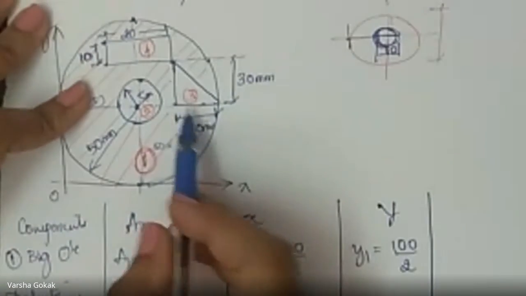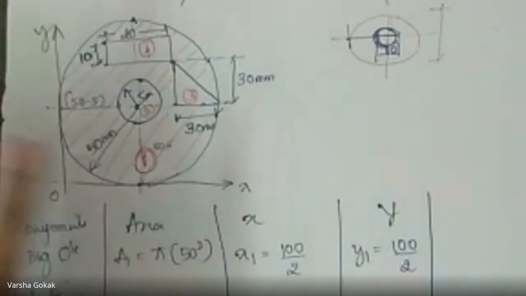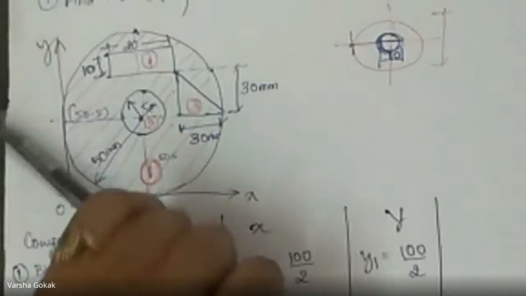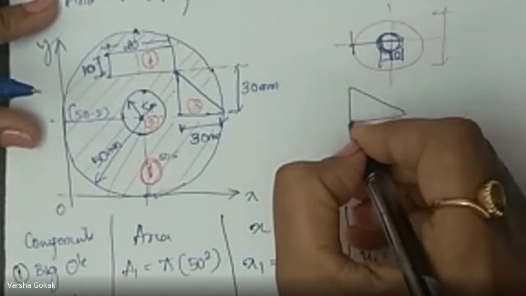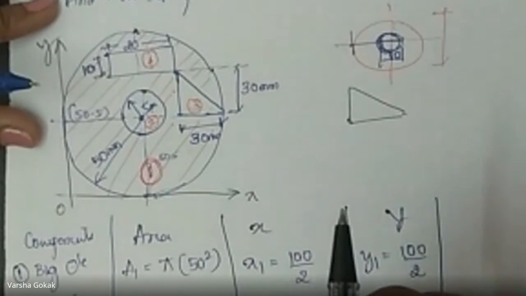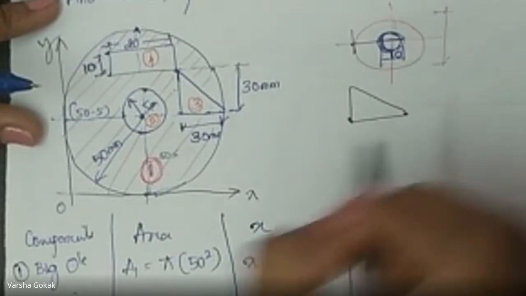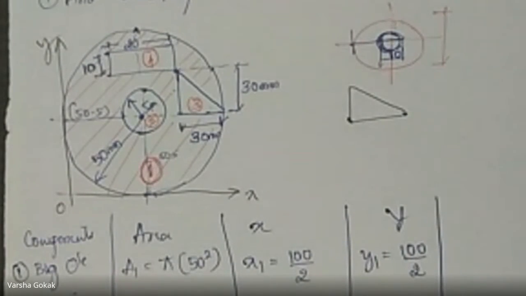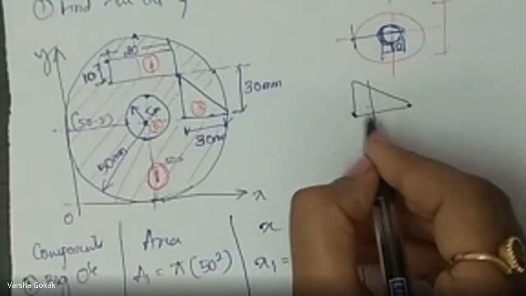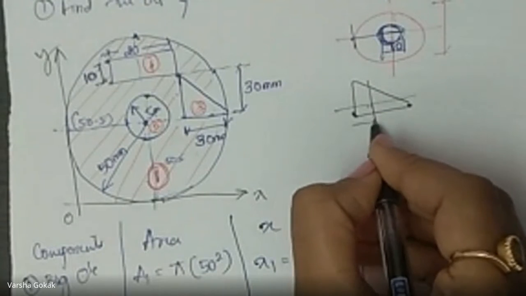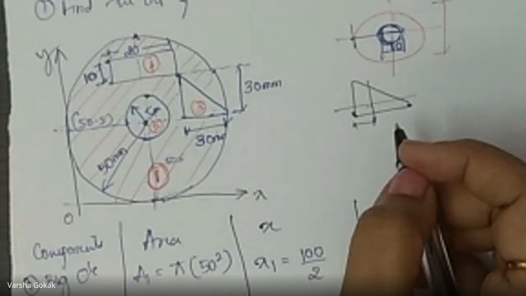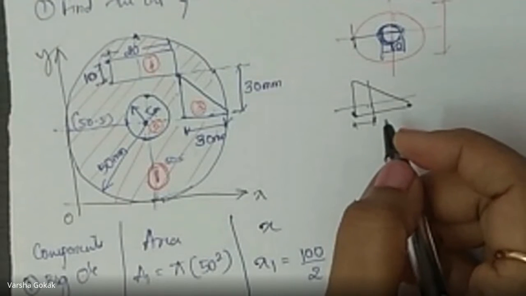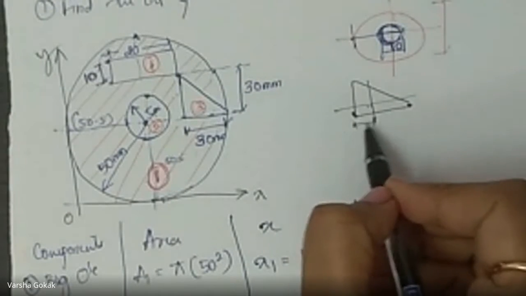What about x3 here? This is your triangle and its individual CG is going to be where? This is the triangle. This is the 90 degree. So where you expect the CG, towards the 90 degree or towards the apex? 90 degree. Towards the 90 degree. Here somewhere, right? It will be like this. Okay. What is this distance going to be?